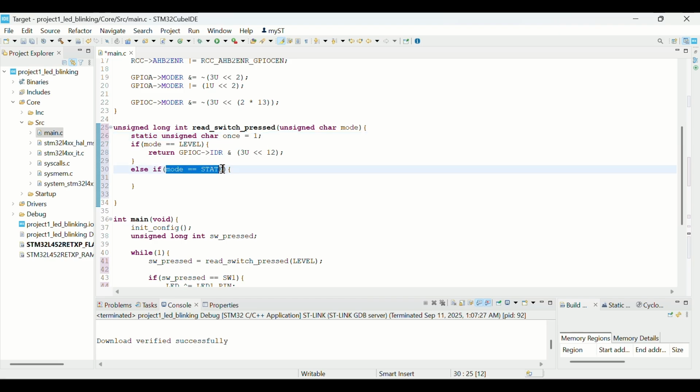Now, in this mode equals state, what I do is: if this condition, when it detects the switch is pressed, and this is not equal to